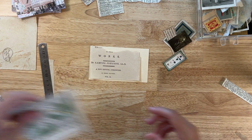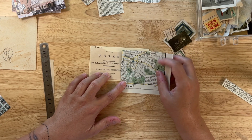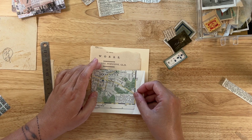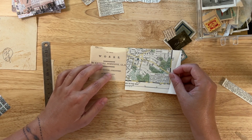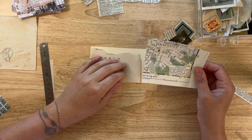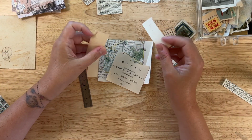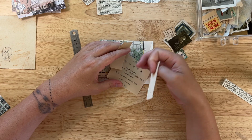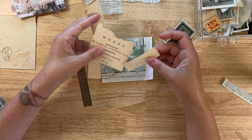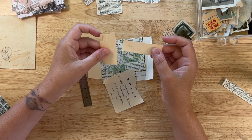Okay. Now, how much map? I could do something across the bottom corner. I can do it on the edge. Let me see. So by the way, these pieces that I'm tearing off of this, I'm going to save these pieces. This paper is from 1801. So I can use these pieces